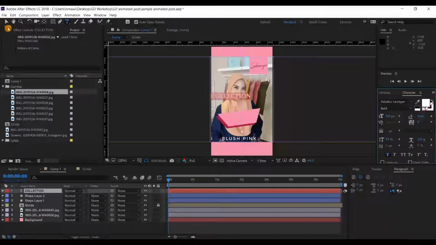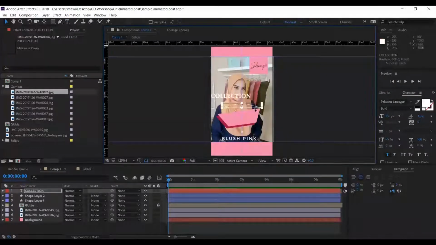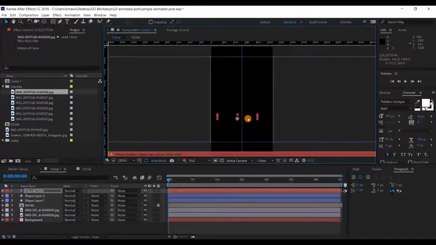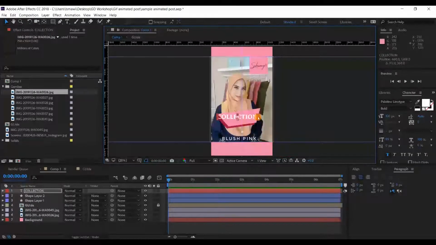Use your selection tool, your arrow tool, so we can move our characters. Because this is a capital letter, I activated my caps lock. This is the view of the caps lock. So make sure you turn off your caps lock. Then we can see our element.